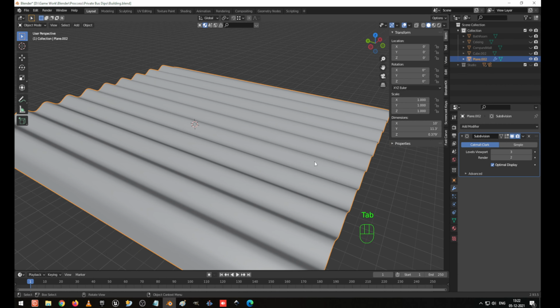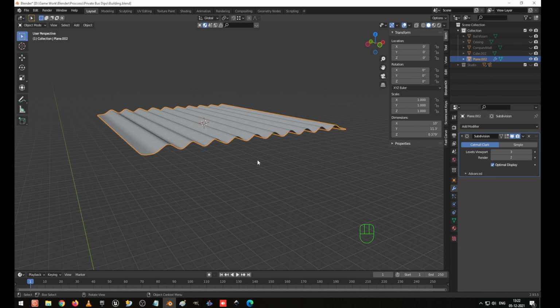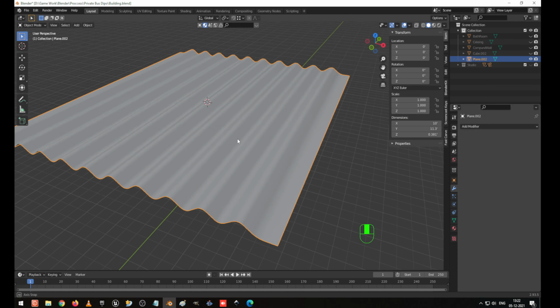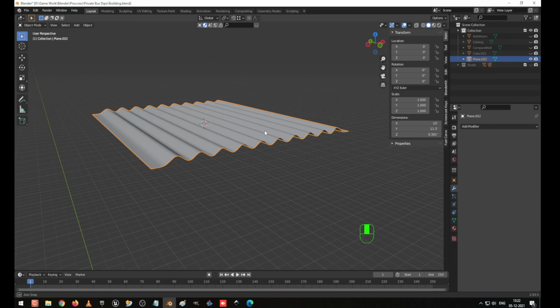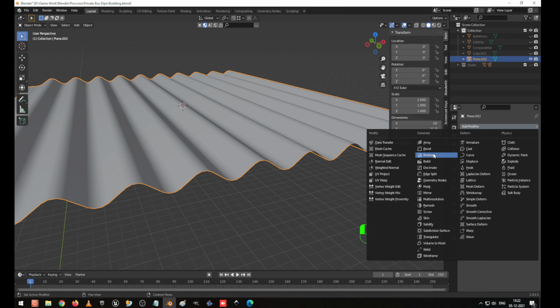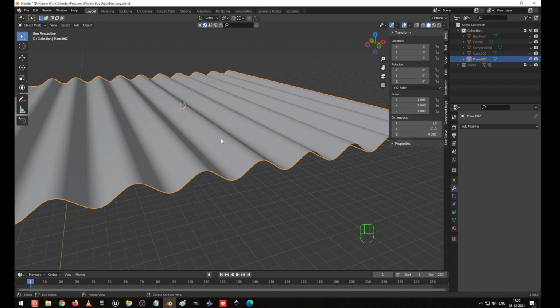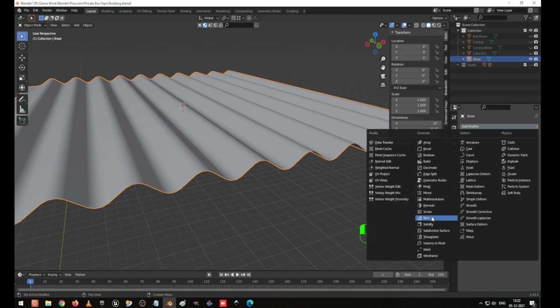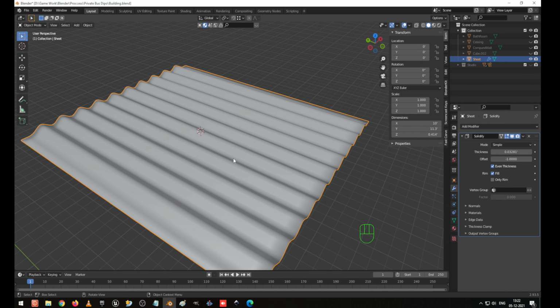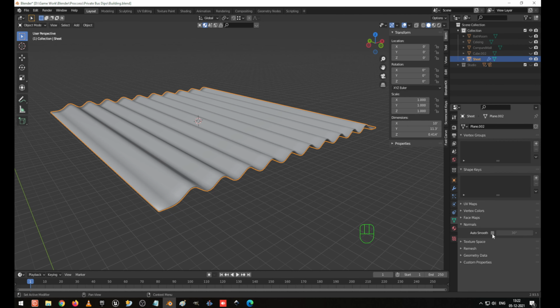Now we can see the ASPA sheet is ready, and I am not going to use a subdivision modifier. Right click and shade smooth. So subdivision is not required for us. This is enough. So our ASPA sheet is ready now. I am going to give some thickness for the same. Go to the modifier. But before that we can rename it sheet. I make it. Okay. Here I add the solidify modifier, and I am going to give the even thickness. Okay, this is enough, I think so. I go to the normal. I am going to give the normal smooth.